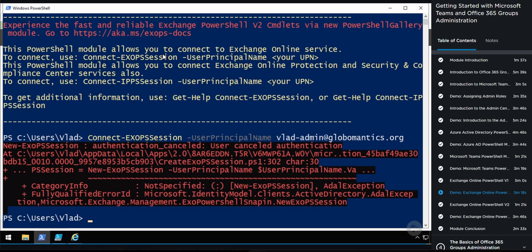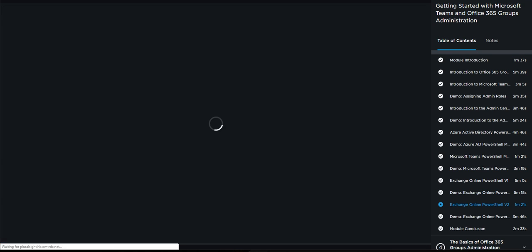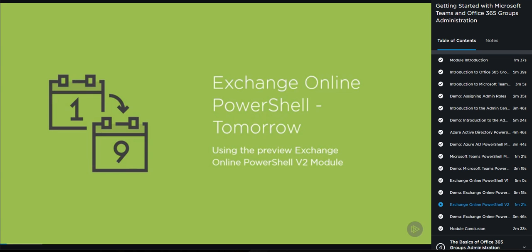Now that we have seen the theory, let's go to the lab and look at the Exchange Online V2 PowerShell module, how to install it, and how to connect to Exchange Online with it. We are now in the lab environment, so let me open up the browser here, where I'm back again on